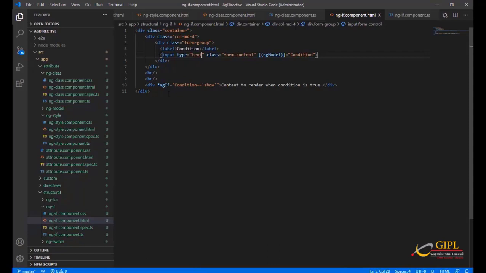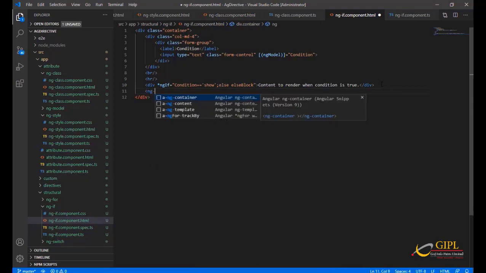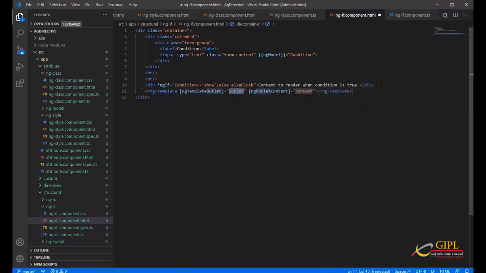If we want to add an else block for when the condition does not match, then write the condition, else, and add an ng-template block. Set the else block and set text in the else block.